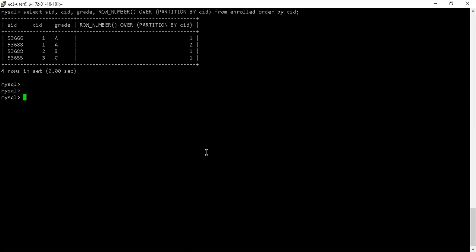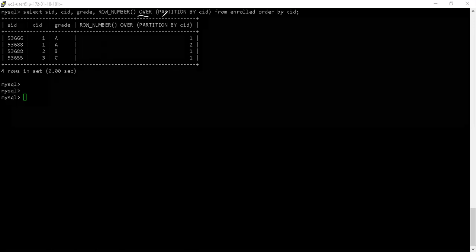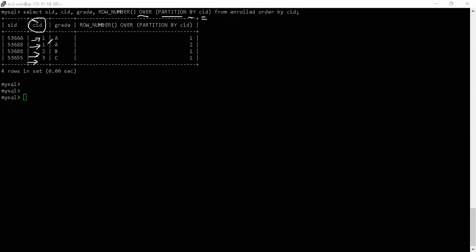This over keyword that we have over here, the one that we are executing, let me take a pen. Give me 1 minute, friends. Yeah, so this over keyword has a text called partition by course ID. So it is taking this course ID and doing some kind of partitioning with the values. I have 4 values: 1, 1, 2, and 3. Ideally, I would expect that it's going to create a partition for each and every one.